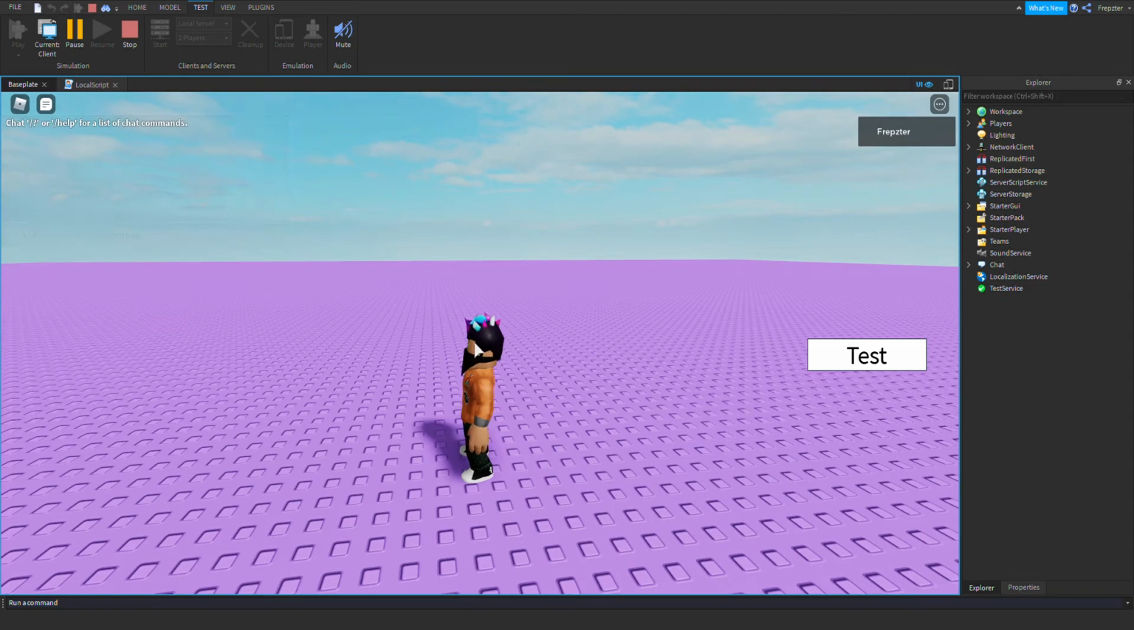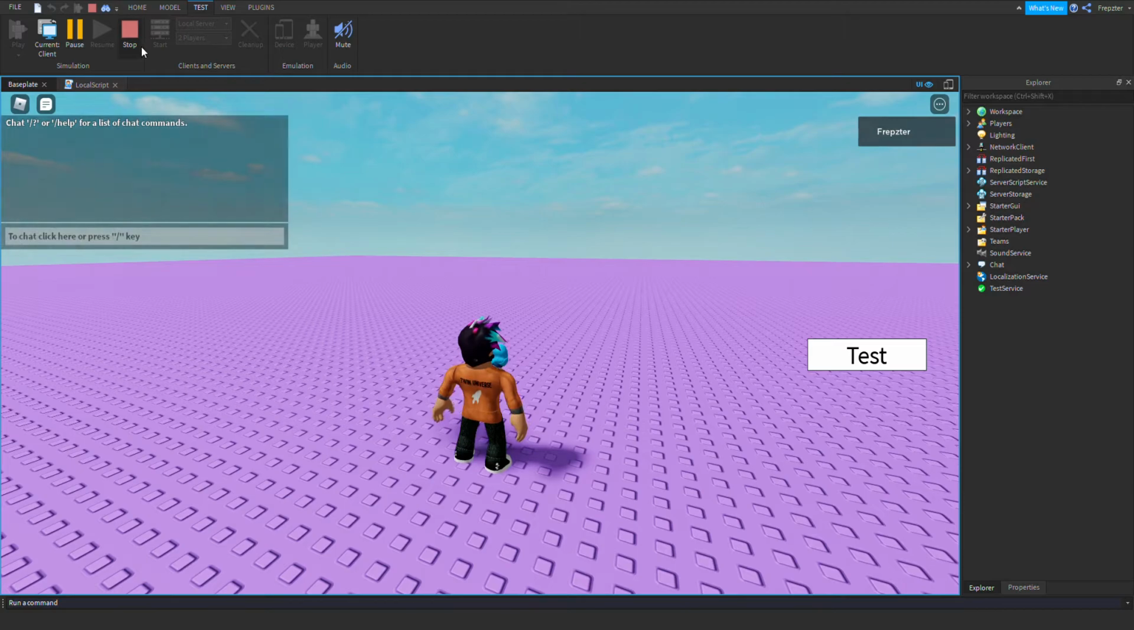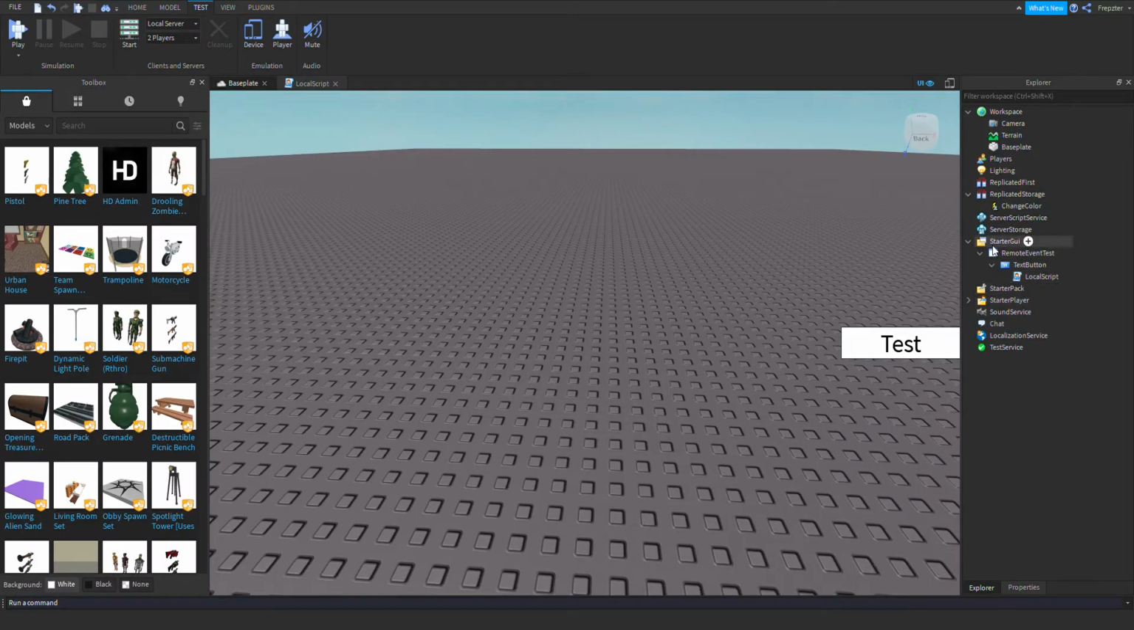So that it changes the color. But the thing that's not good is that only the player that executed the script, the client, will be able to see it. So how can we make it so everybody can see it? Well, it's simple. So add a remote event